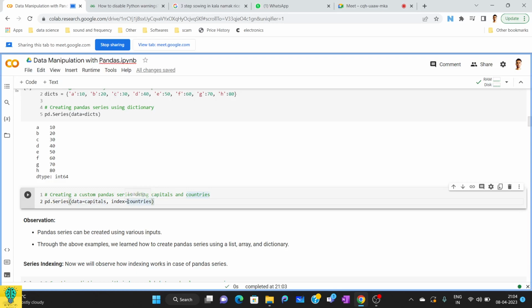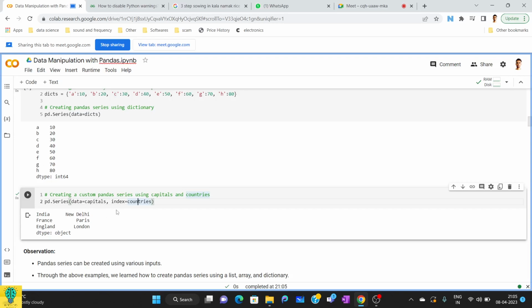Now in this case, for beautification, you have to mention what exactly is being referred. So I'm making countries as index and capitals as my data. Now if I run this, you can see capitals will be on the right side and it's being indexed by countries. Okay,